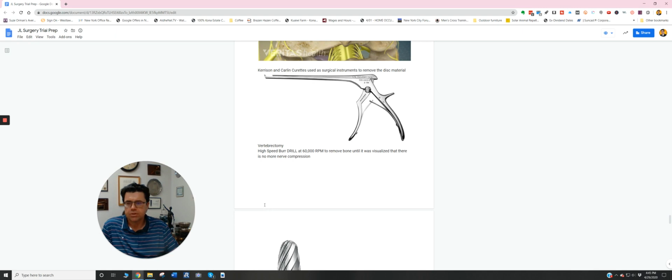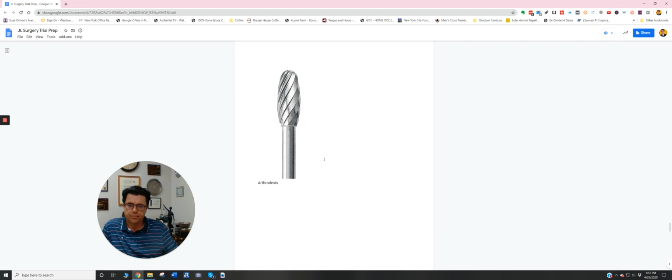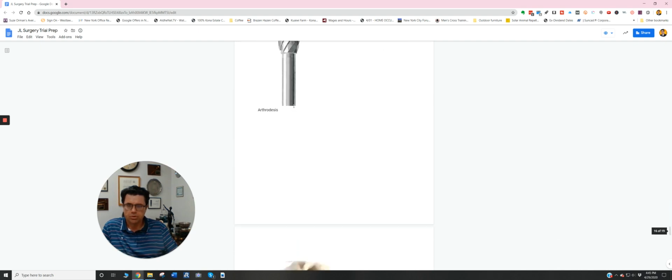And then he performs a vertebrectomy, using a high-speed burr drill, 60,000 revolutions per minute, to remove the bone until he can see that there's no more nerve root compression. Because he can get most of it, but what if there's still a part of that disc that's leaking and compressing those nerve roots, and that's going to cause pain? So the doctor is very careful to use this drill and to make sure that he could see that there's no more compression. And this is an example also of the types of arthrodesis materials that he's using. The burr drill,